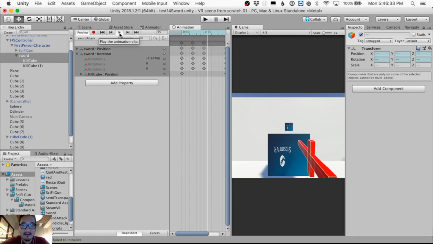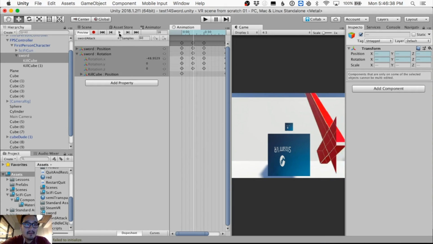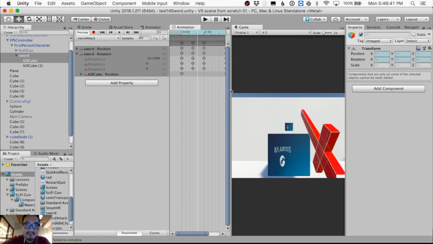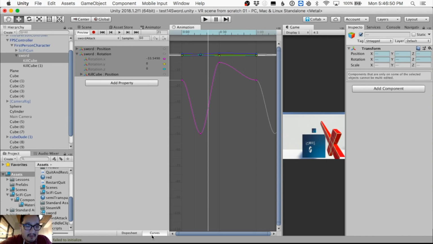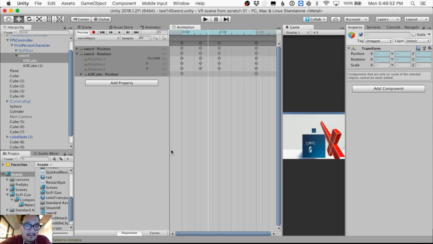That's basically it. I mean, it's okay. That's, you know what, that's all I'm gonna do. That's achieved in 1, 2, 3, 3 keyframes, because the first and last are the same. And you know, you can go to curves, you can mess with it if you really like to animate. But I'm done. I recorded 2 keyframes or 3 keyframes, whatever. So that's my sword attack, except